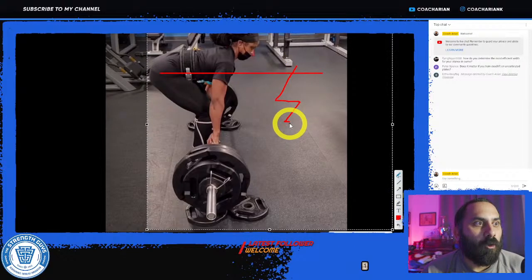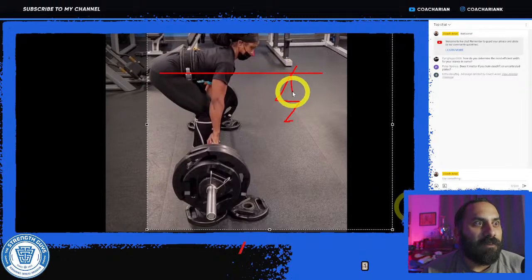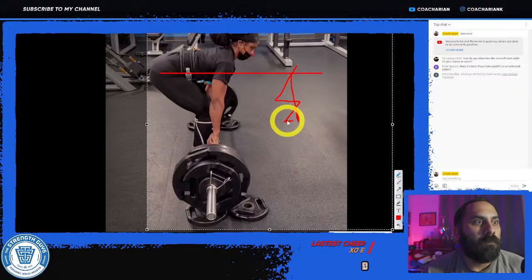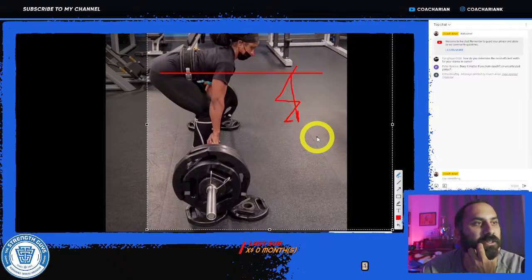So maybe something more like that. And then they have to have the bar way forward of their foot, which is over here. So some people will try and do that as well.